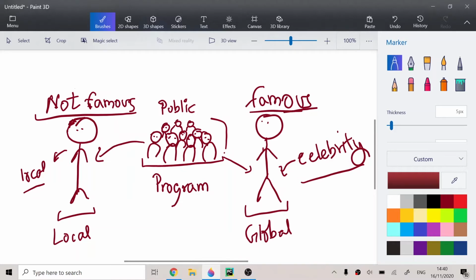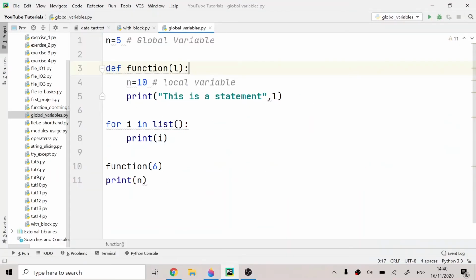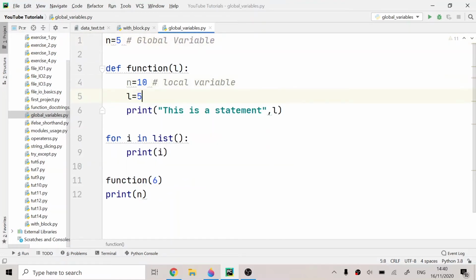He might be famous in his locality, but he's not famous at a global level. So that's the meaning of local and global. And right here in the program, if I go to my PyCharm IDE, as you can see right here, n is equal to 5, so that becomes global. That is, global can be used by everyone in this program, but the local variable right here cannot be used by anyone. So if I write n will be equal to 5,